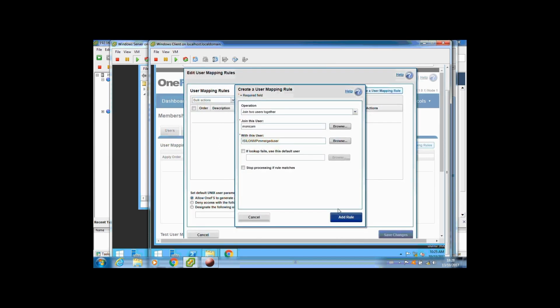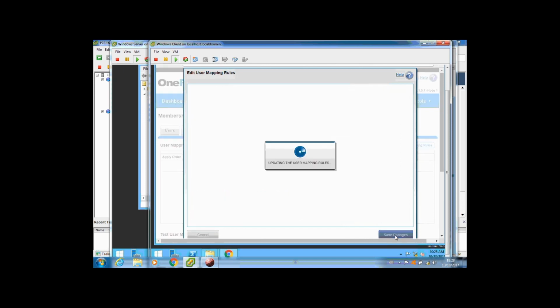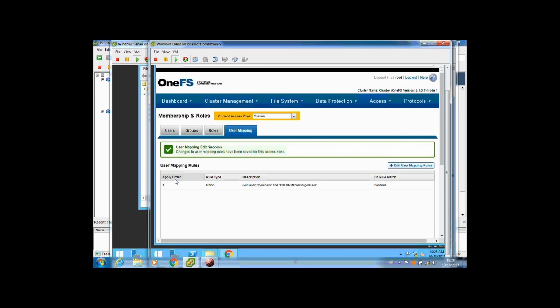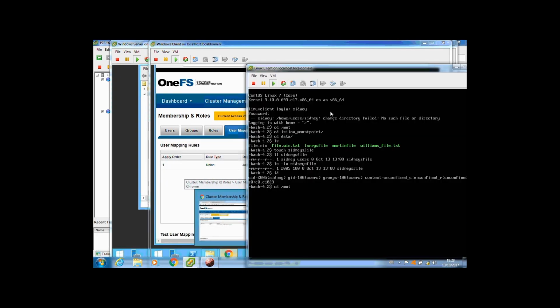Notice that I could say if it doesn't work, fail anyway. Let's add this change in place. Okay. And now if I log into the Linux client,